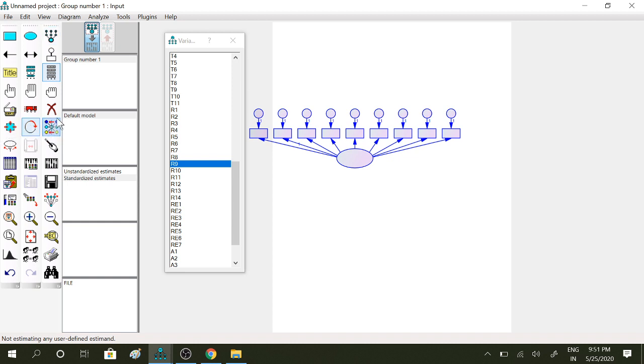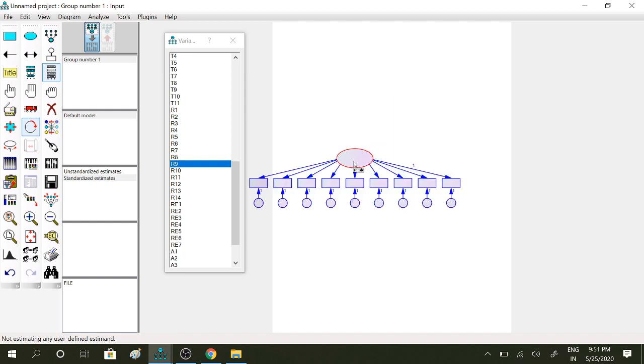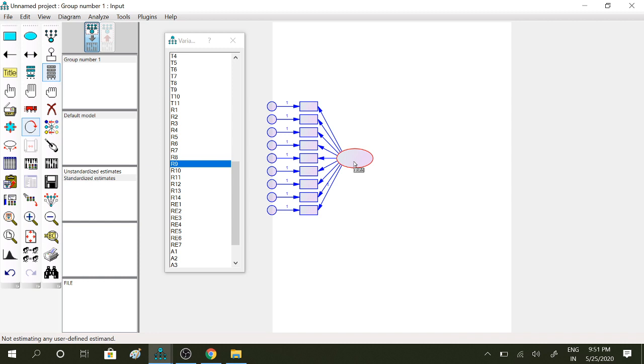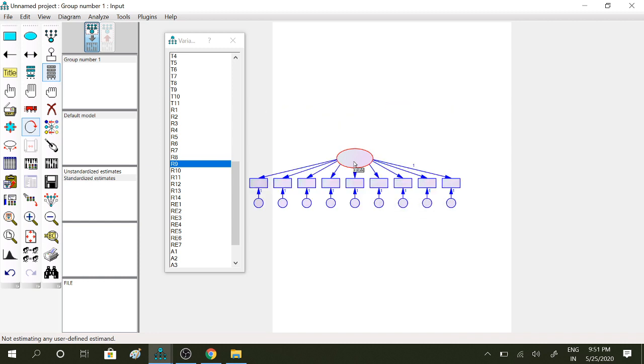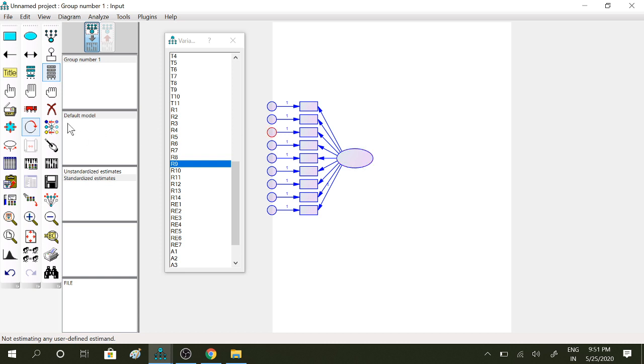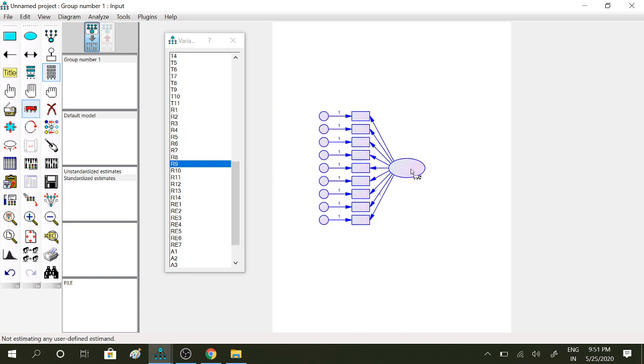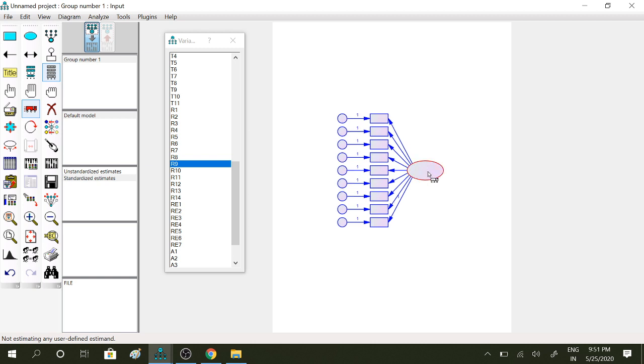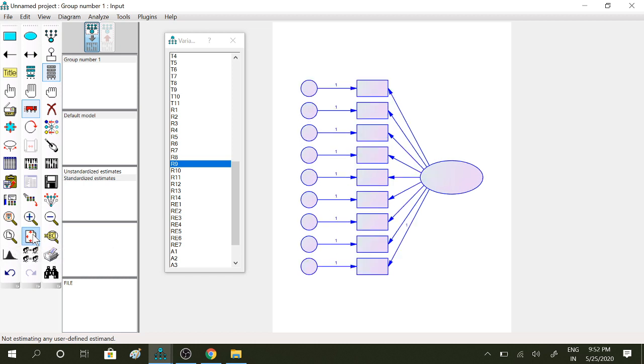Okay, now rotate the diagram, just click the round icon. Now just click on any shape. We can move like this. Okay, and this icon, red color, click this. We move it to the middle of the window. Okay, resize the diagram, just click this icon. Okay, now we got it.